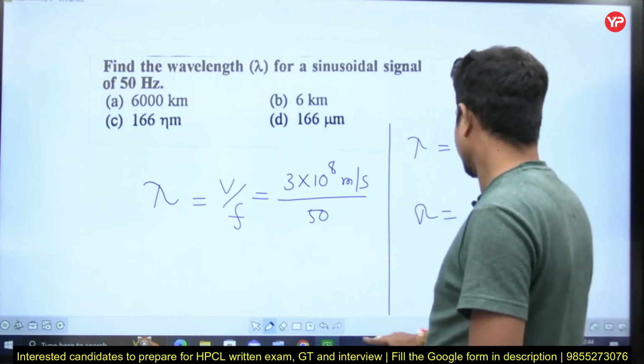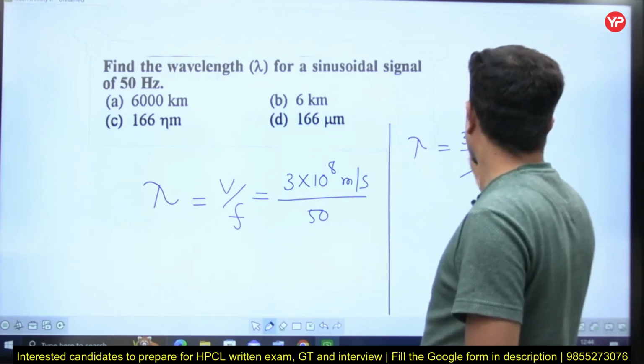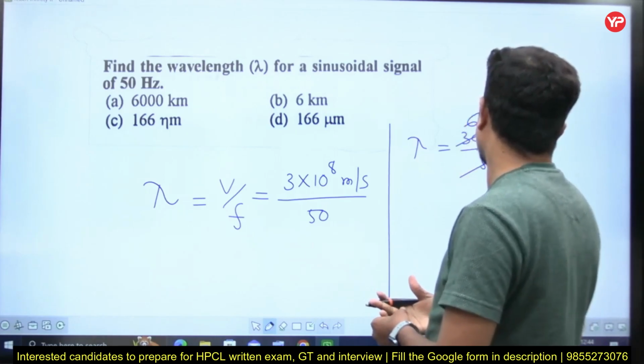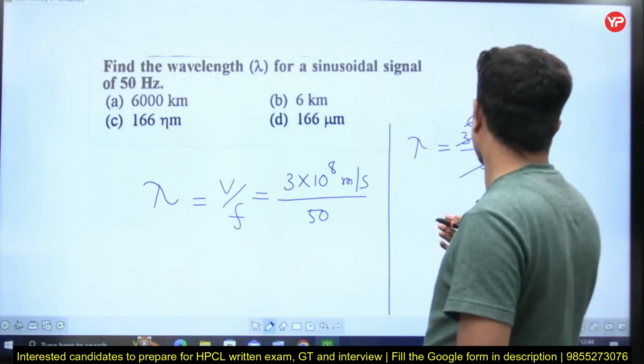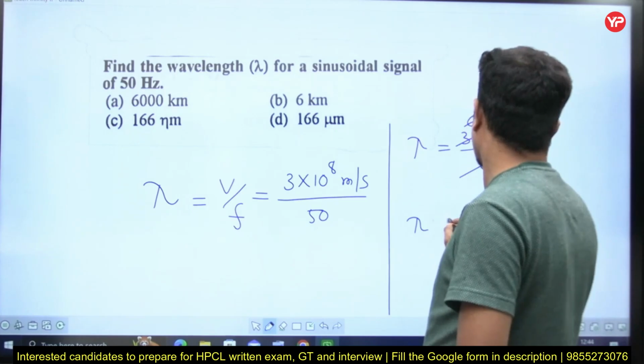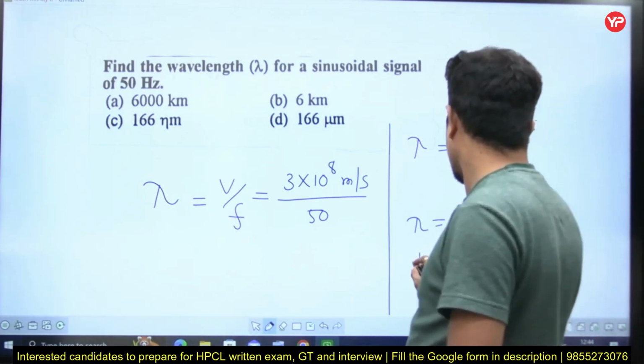Lambda is equal to 56, yes. So lambda is equal to 6 into 10 to the power of 6 meters, but the same I write as